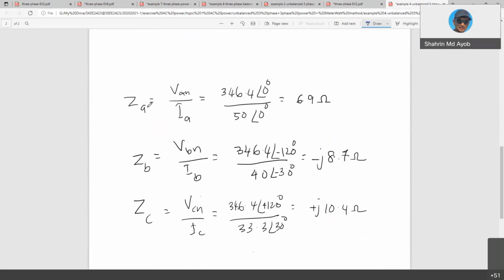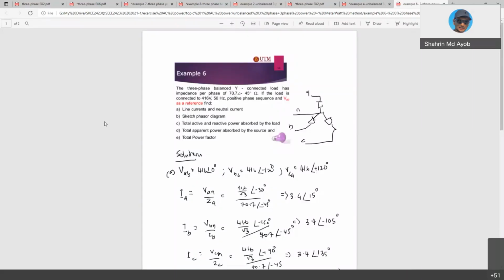Okay. So for the unbalanced system, no questions? Okay, so for example 6, which is a three-phase power, I think that one is also straightforward. Any questions? Okay, I just want to remind you that,